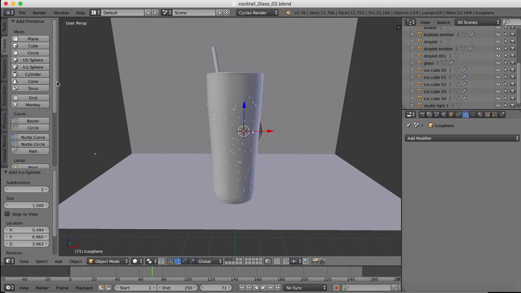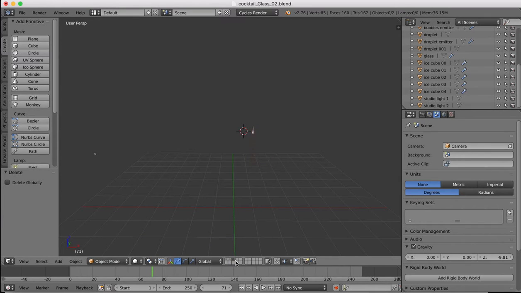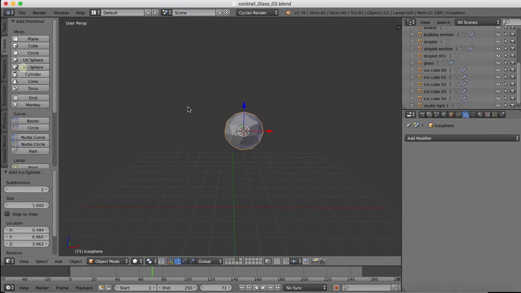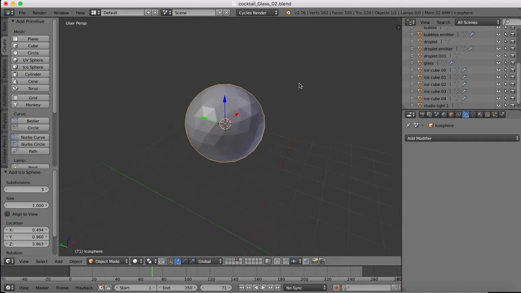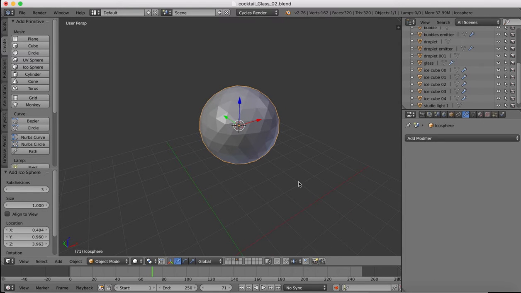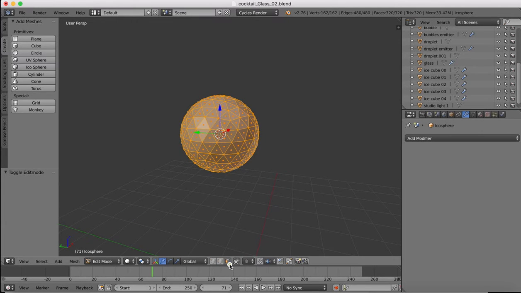So we're going to create an icosphere, and I'm going to create that on a new layer actually. So let's just view this layer. I'll create a new layer here. All right, so an icosphere, and I'm going to probably leave the number of subdivisions at 2, maybe up it to 3. I think 3. So once we've done that, we're going to tab over into edit mode and face select, and